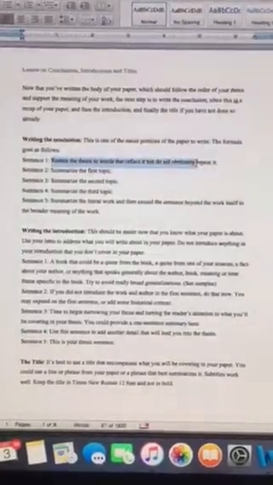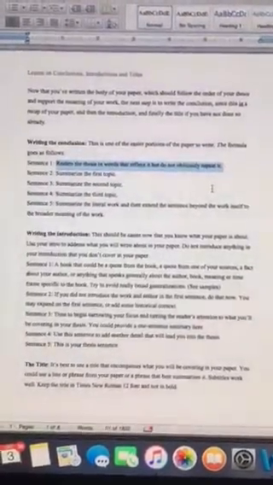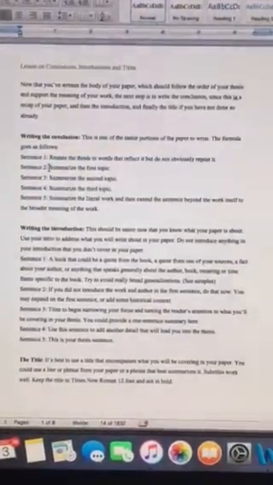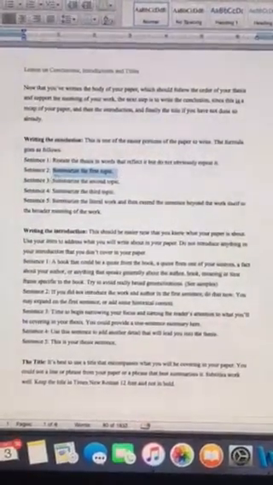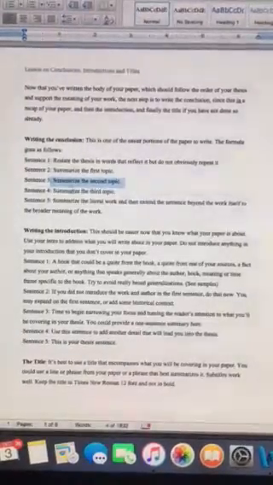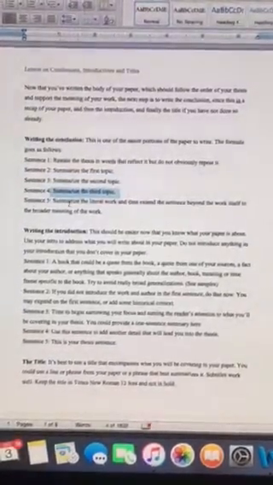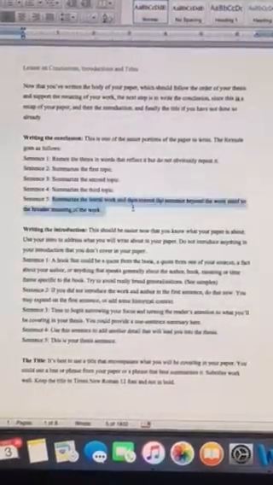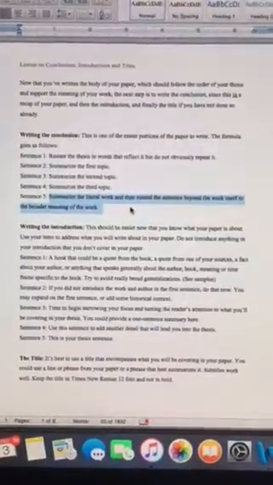In sentence 1, you'll restate the thesis in words that reflect it, but do not repeat it. Reflect the thesis, that is. In sentence 2, you'll summarize the first topic. In sentence 3, the second. In sentence 4, the third topic. And sentence 5, you'll summarize the literal work and then extend the sentence beyond the work itself to the broader